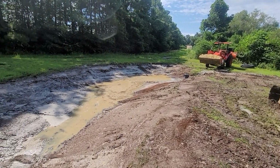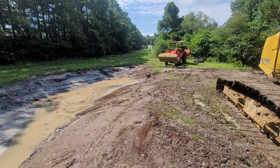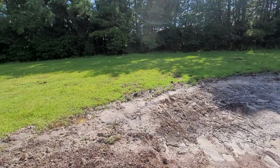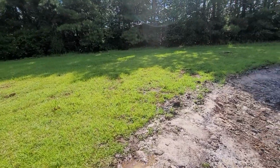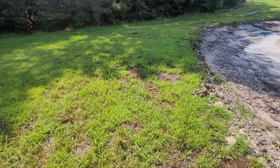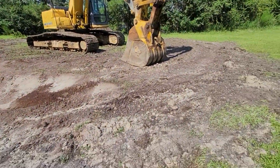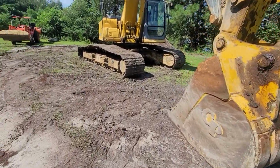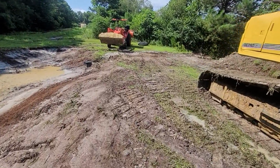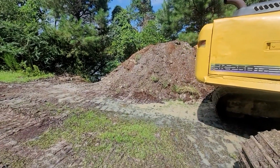But because you can see it's working and it's holding water, not enough to fill it up, but I'm hoping that the ground is going to work. You can see this is pretty much dry over where it wasn't before. So this area is not so good yet because it's too fresh and it's got some horse manure mixed in with it. So I've got to fix that, but I've got to get rid of that pile because you can see